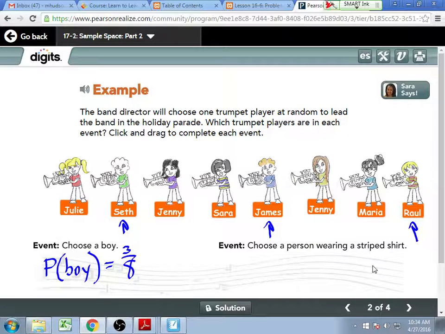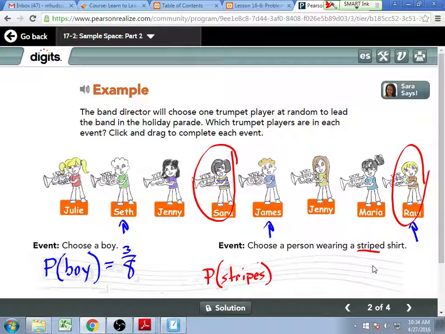Now when we look at probability of wearing a striped shirt, probability of stripes. Yeah, I know, their fingers are not up on the valves. Sheeb? 2 over 8. Okay, let's check for all striped shirts. I see striped shirt here. I see striped shirt here. I think that's it. So, like Shahib said, we have 2 over 8, which actually can simplify to 1/4.